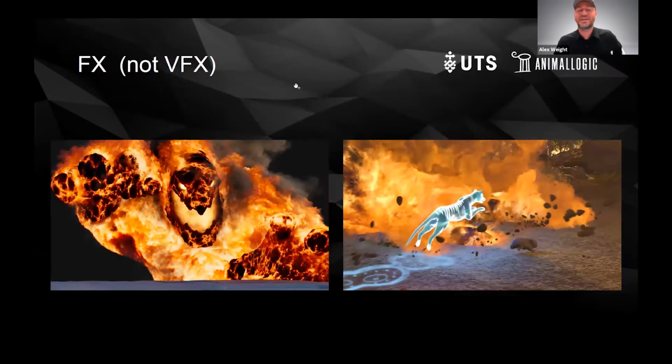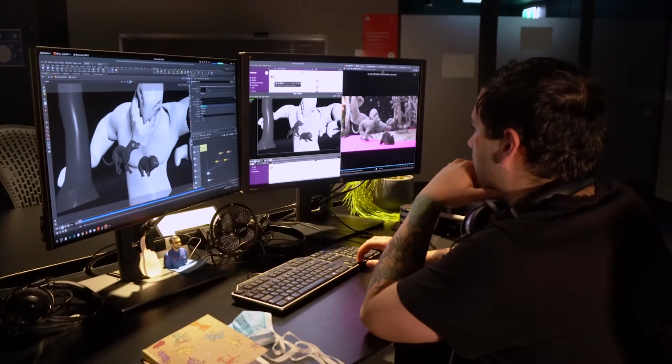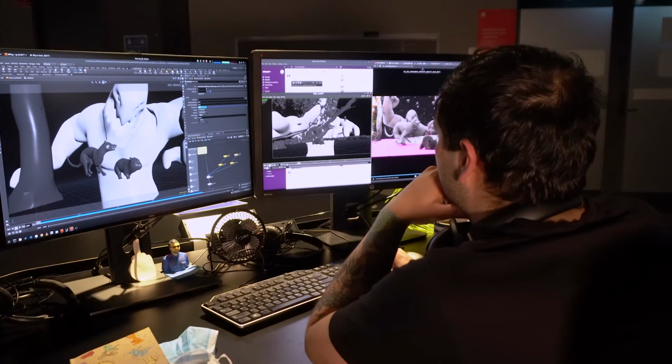FX, not VFX. All right, I had to put this in for Dylan. Basically, the difference is that effects is recreating simulation of natural phenomena like water, fire, dust, destruction, explosions, things like that, right? And so it's a digital creation of these assets, and usually planted into a